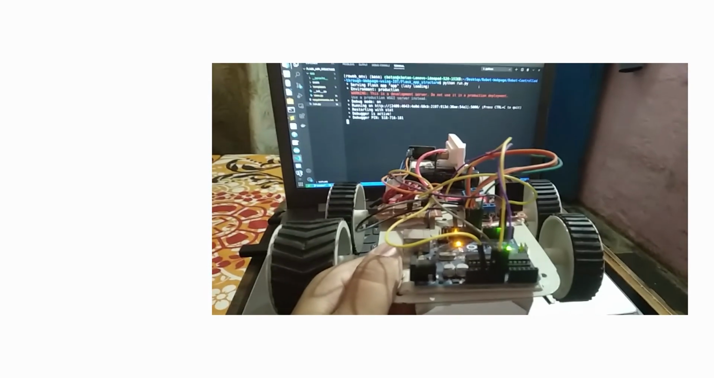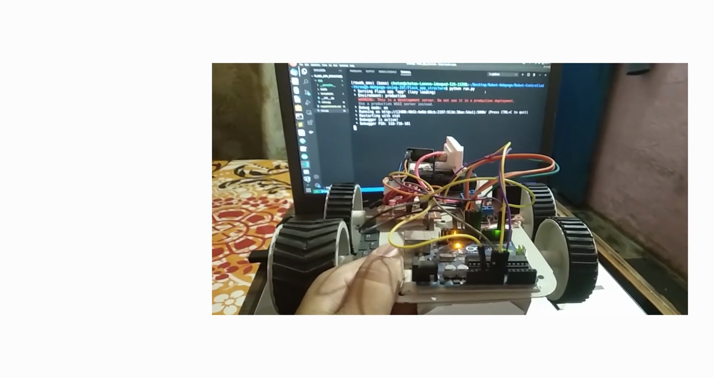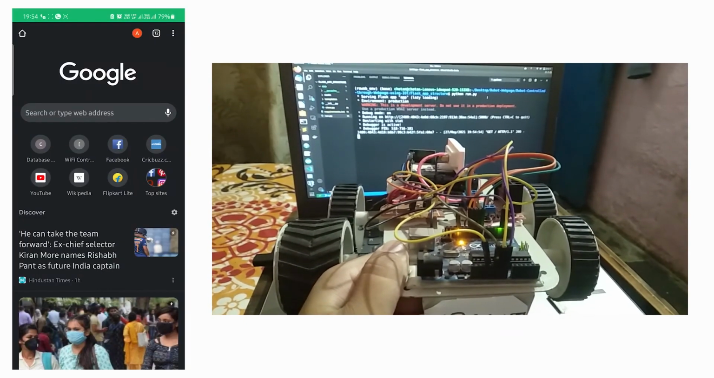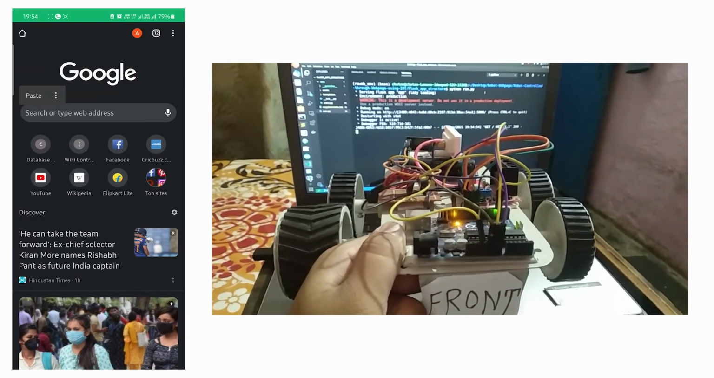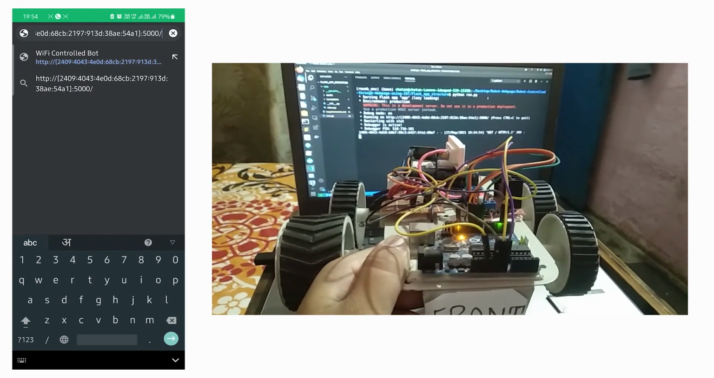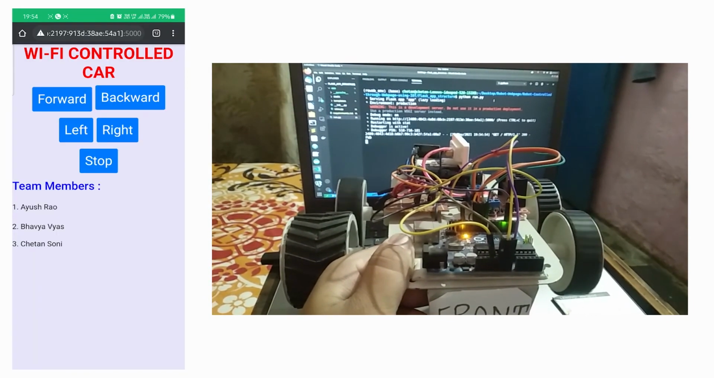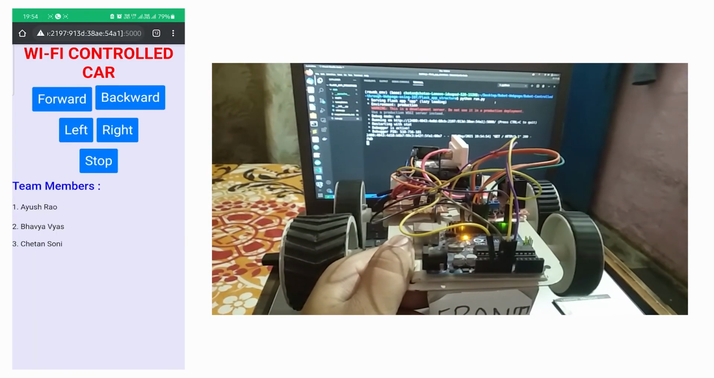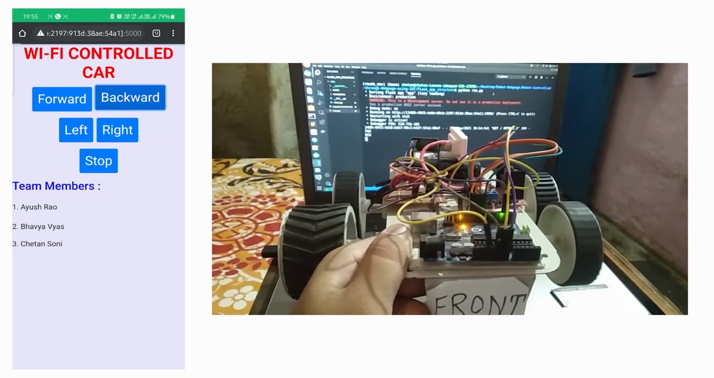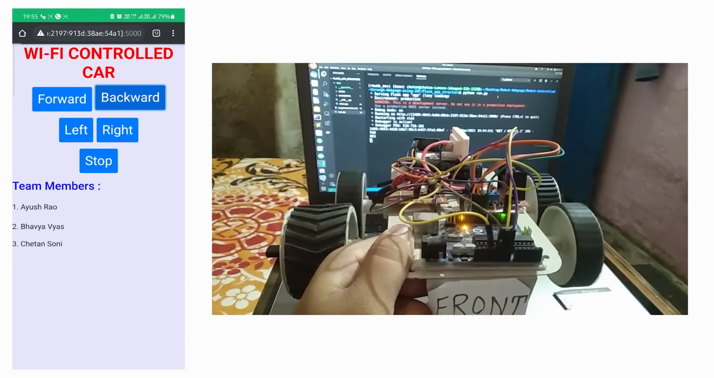Now you will see our team member Ayush will try to control this robot from his location. Now he is connecting with our web server with the help of the IPv6 address. So yeah, he is pressing this forward button, so this motor starts rotating in the forward direction. Similarly for this backward button,